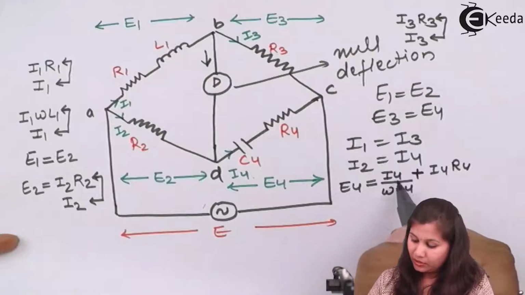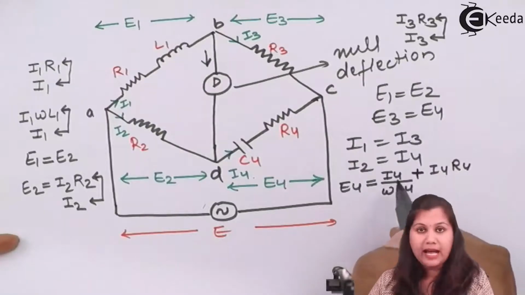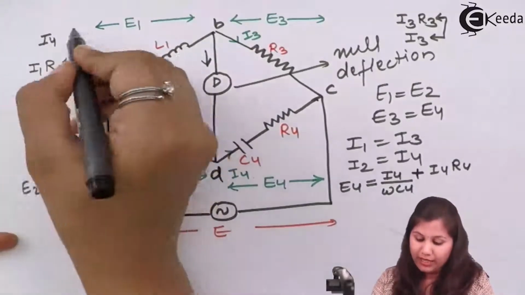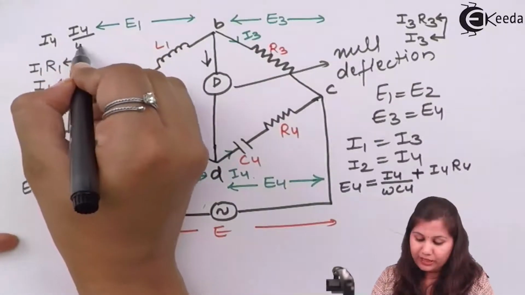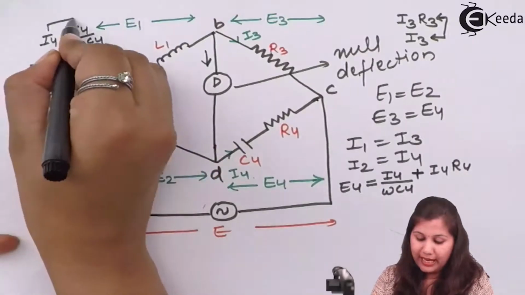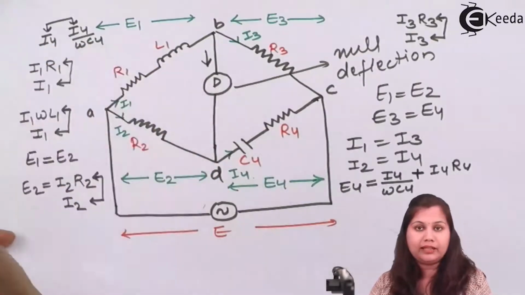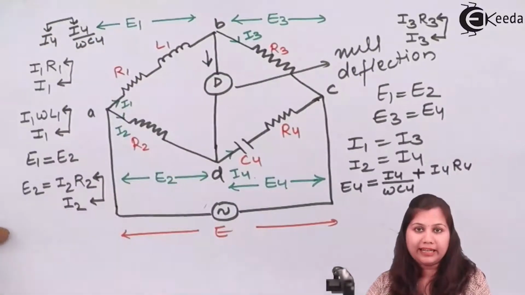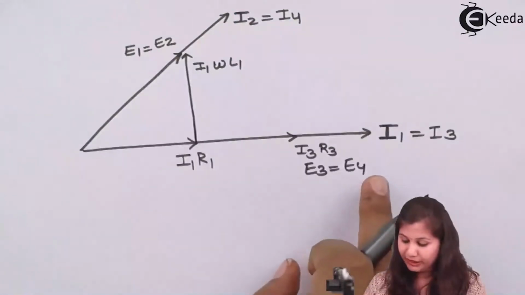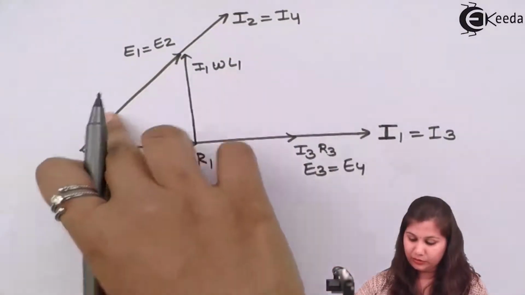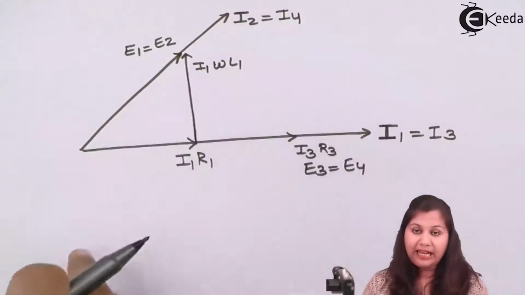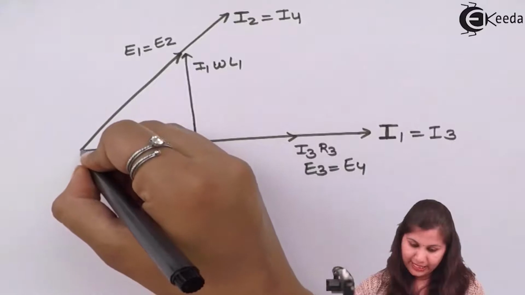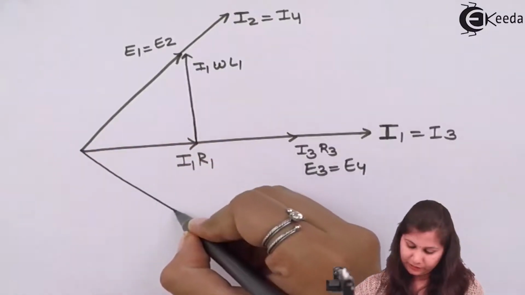Now the current across this capacitor is I4, and the potential drop is I4 upon omega C4. So this current and the potential will be in a phase relationship. The voltage is going to lag the current by 90 degrees. I4 we have drawn on this line, so the voltage will be 90 degrees lagging behind it. So we draw a 90 degree angle, and here we will have the